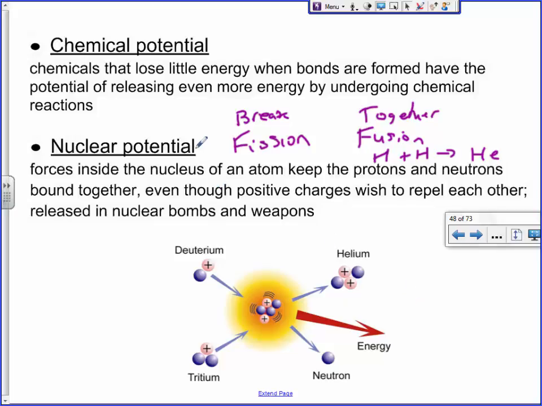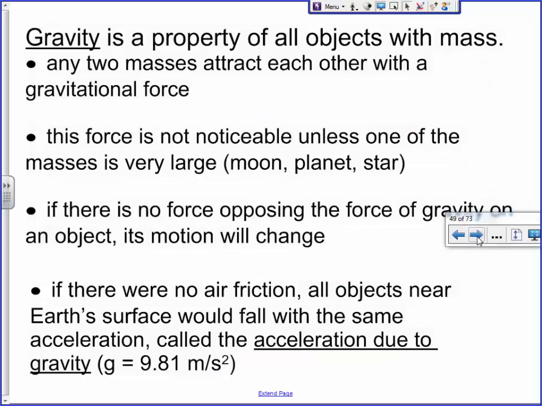We're going to talk about this in grade 12. This is actually one of our last units. For right now, we're just going to focus on gravitational potential energy, though. So, you've probably heard of gravity at some point. Gravity causes things to fall. That's only based on our perspective, though. Because we're on Earth and on the ground, we recognize that gravity pulls things down. But that's not exactly true.